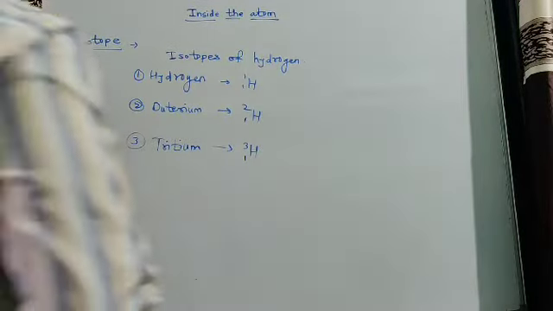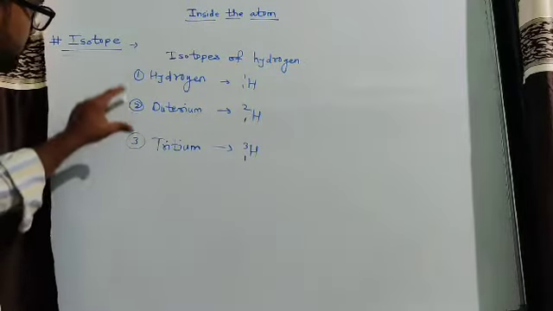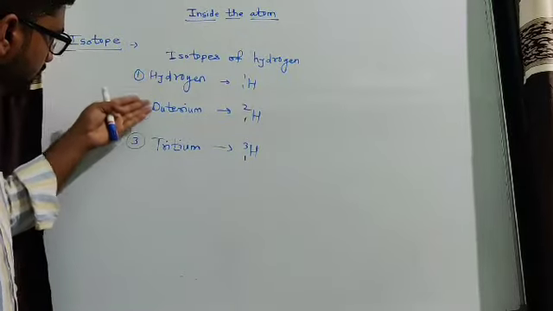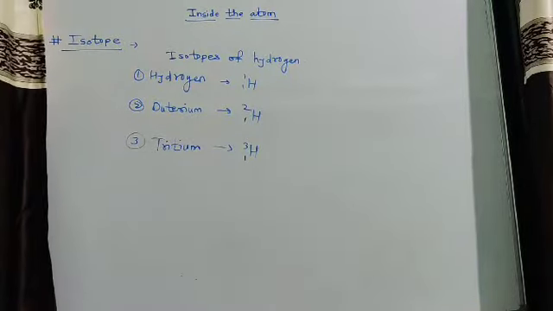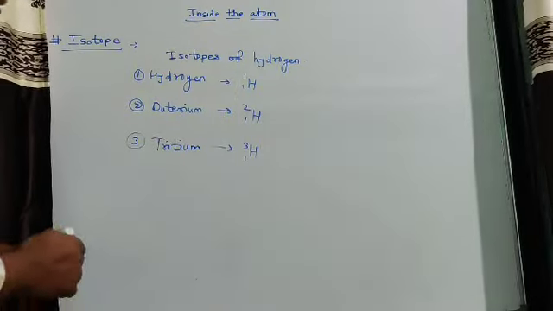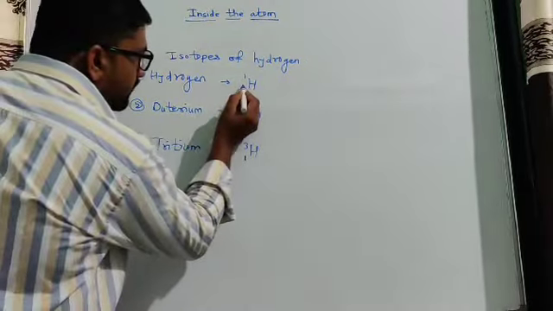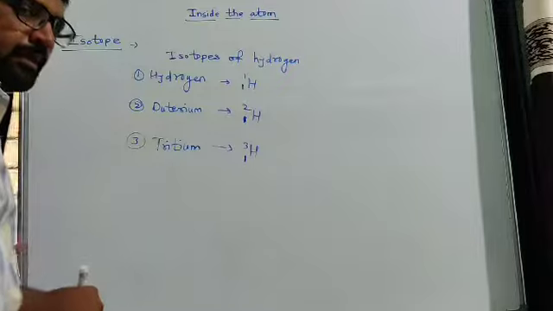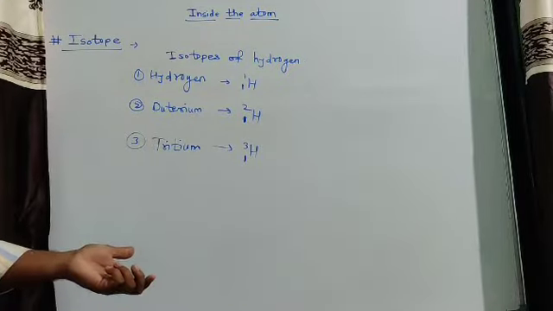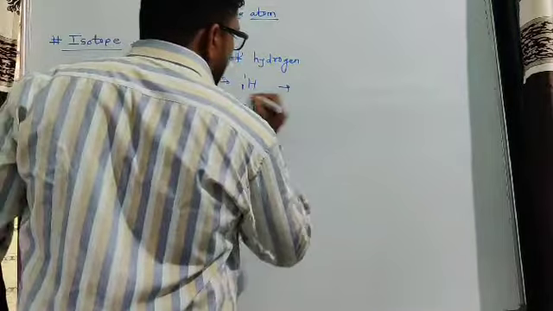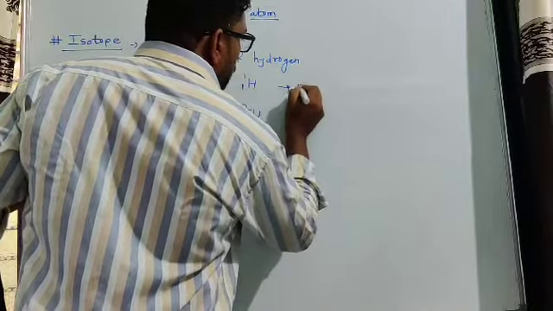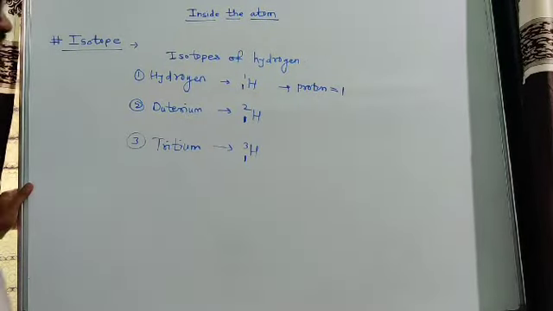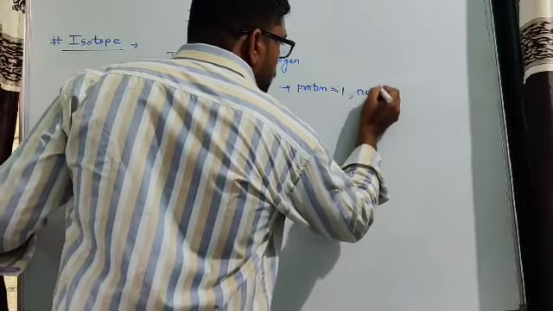Now we have to see another example of isotopes, that is the isotopes of hydrogen. Here: hydrogen, deuterium, tritium. If we see the atomic number, atomic number means what? Number of protons. The number which is right below in all three cases is how much? 1. And atomic number is nothing but the number of protons. So in hydrogen, protons are how much? 1. And neutrons